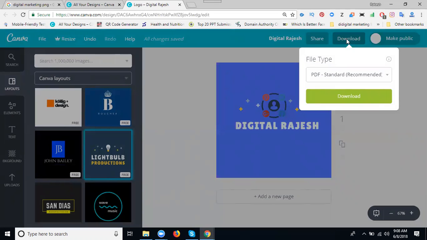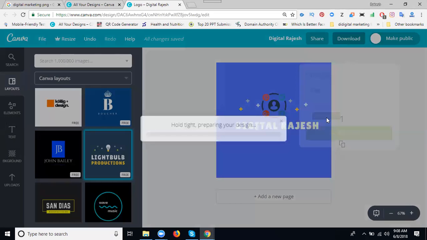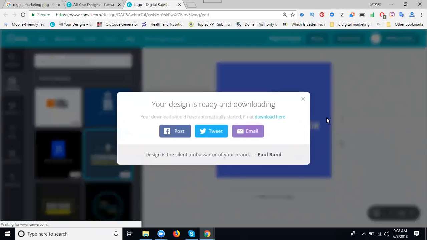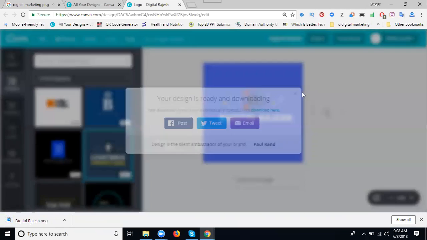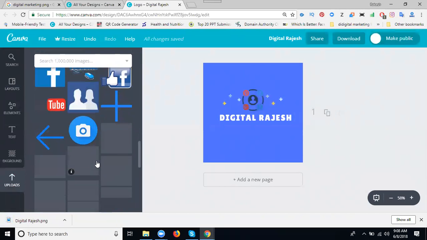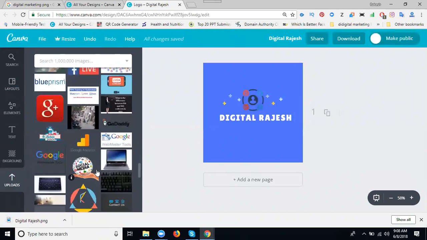After making your logo, just go to download. First of all, if you want to print out your logo, the option is PDF. Suppose you want to show it on your Facebook cover image, select PNG. Click download. Here you may have one question: Sir, can a logo show my image also? You can add it also. That is only for PNG. It will be like this. I will show you. Just scroll up. If you show any PNG image,